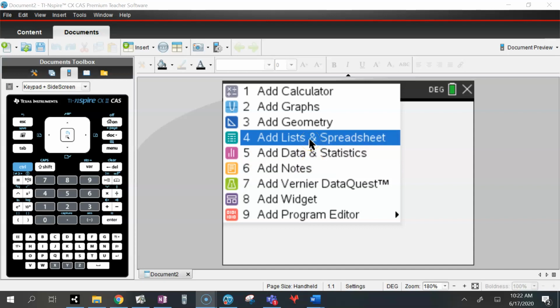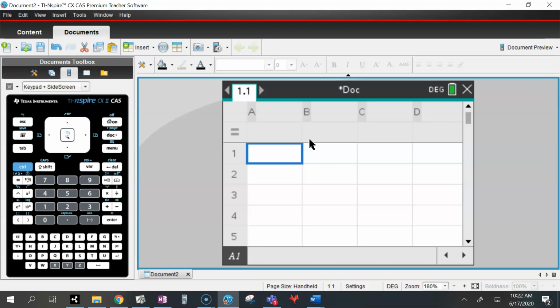Okay, so we've been playing with the list and spreadsheet page. So I'm going to choose that page and I'm going to demonstrate some skills. So if I pop some numbers in here